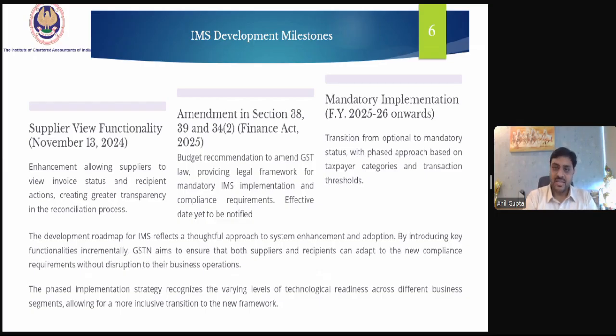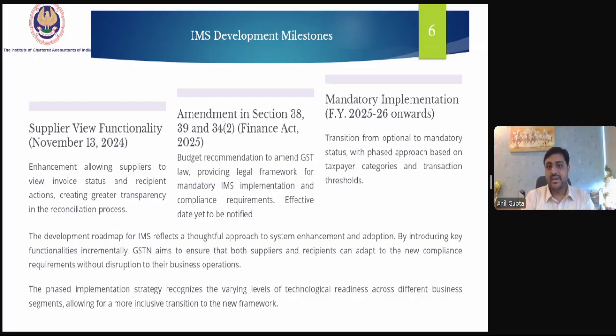So whatever action is taken by the recipient on the records provided by the supplier in GSTR-1 can be viewed by the supplier, thus creating greater transparency in the reconciliation process.